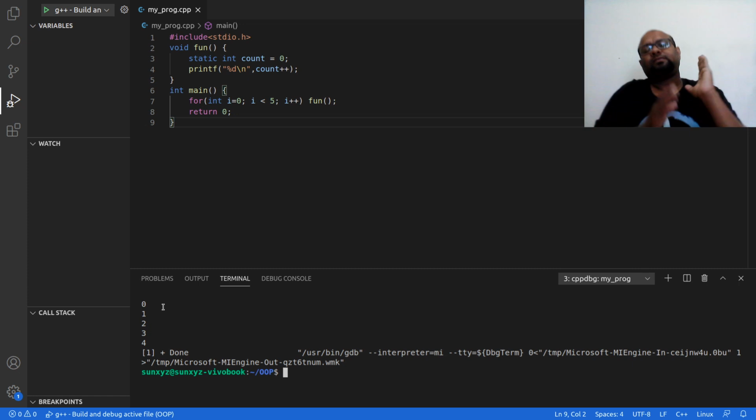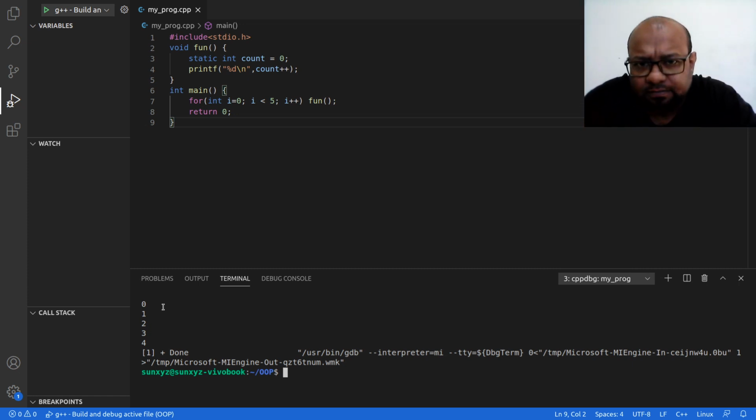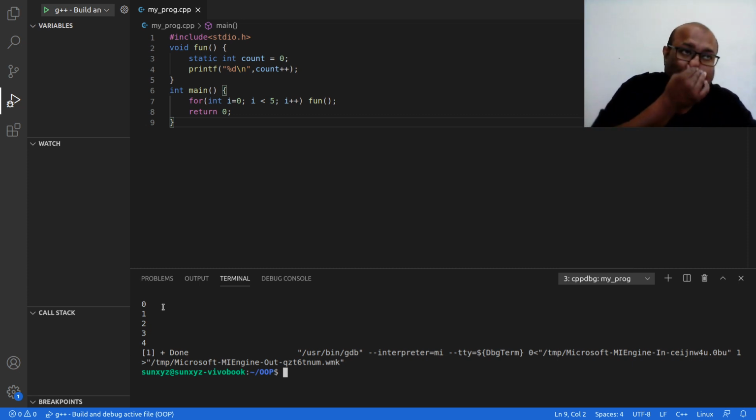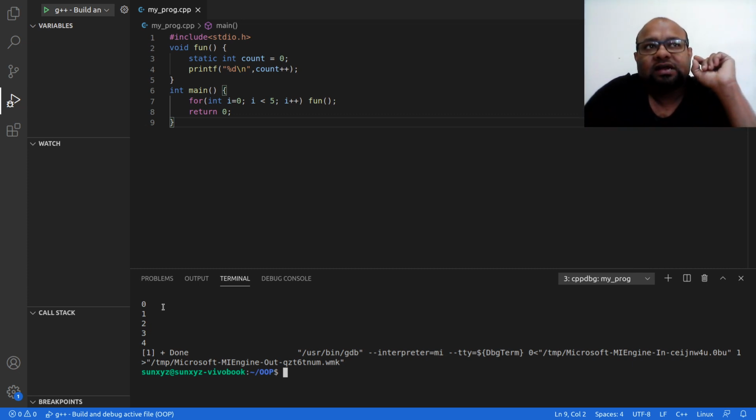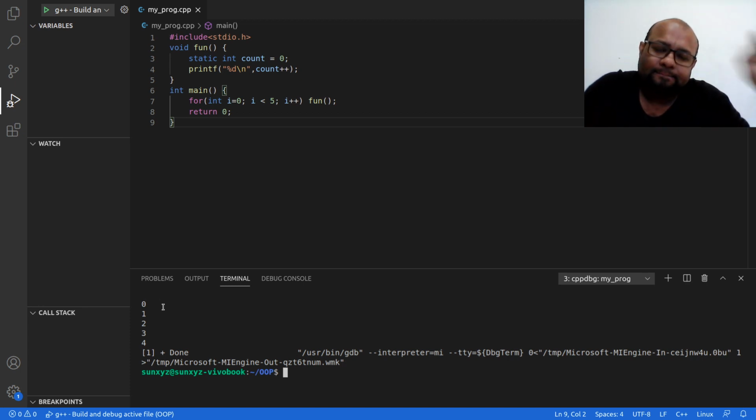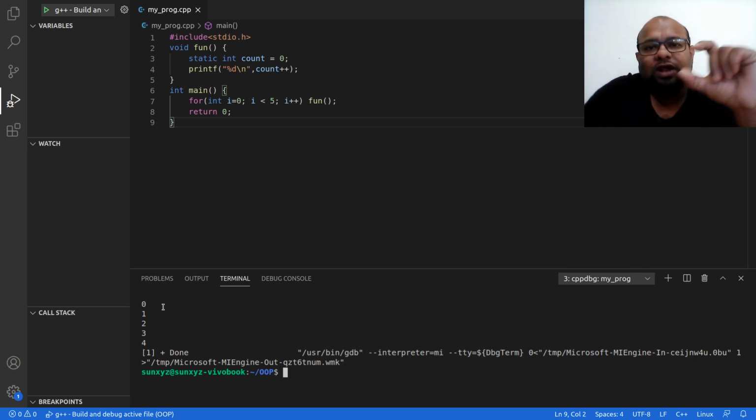Now the difference between what was happening last time and what is happening now is this. Last time the memory for this variable count was being allocated in the stack. So when I called the function, this memory was allocated.